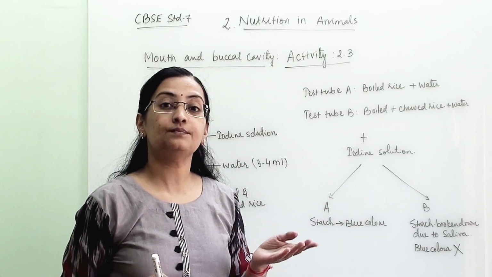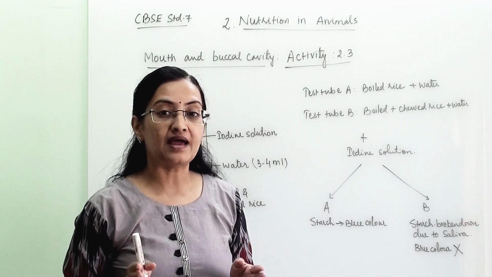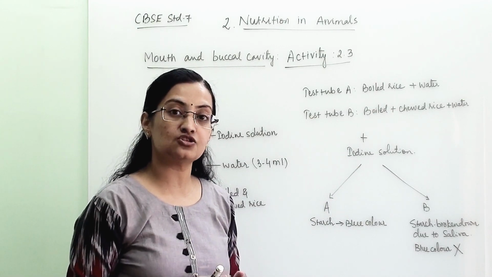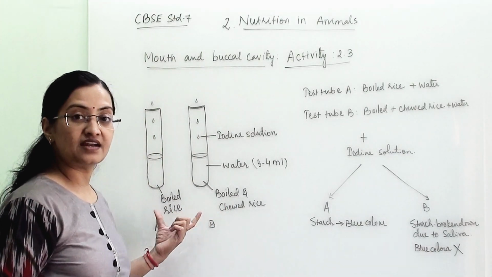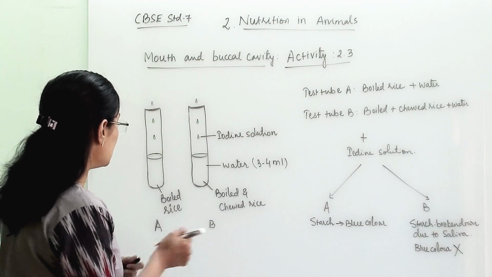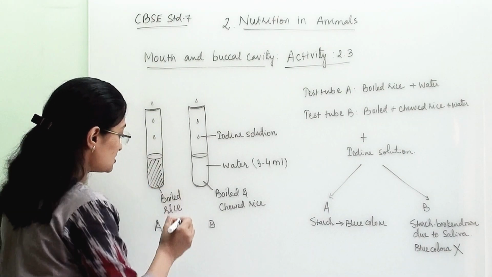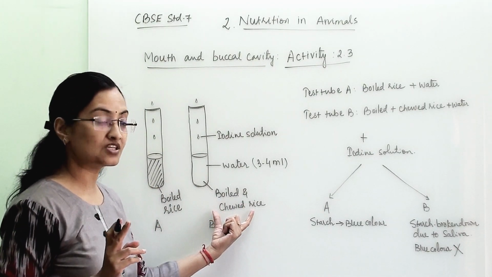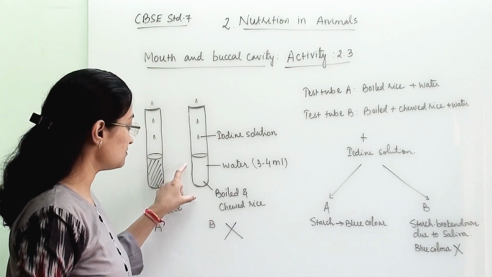When we were checking the presence of starch in leaves, it gave us blue and black patches on the green leaves. Similarly, we are checking the presence of starch in boiled rice. So in both of these test tubes, we are adding 2 to 3 drops of iodine, which will act as an indicator. So here the rice which is boiled will show us blue color, but the rice which is boiled and chewed, which has saliva mixed into it, will not show us any blue color,